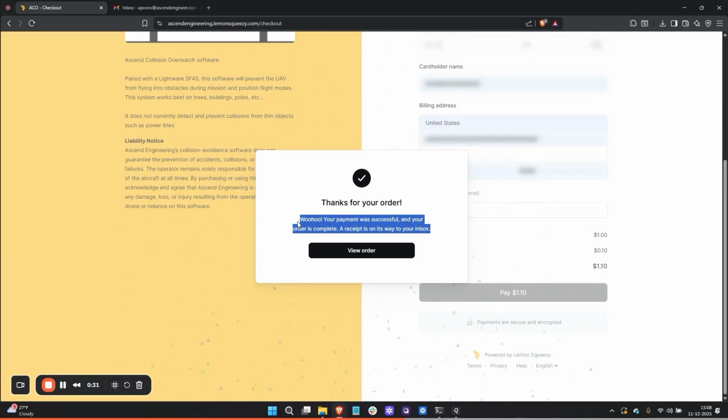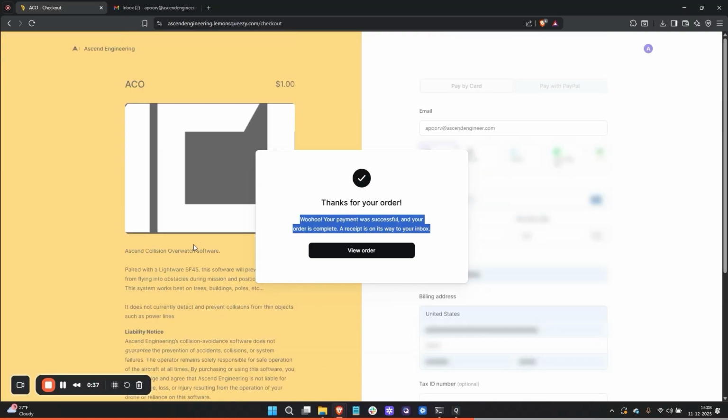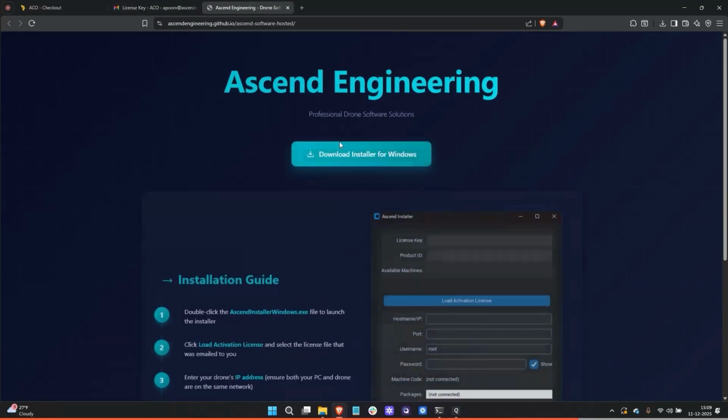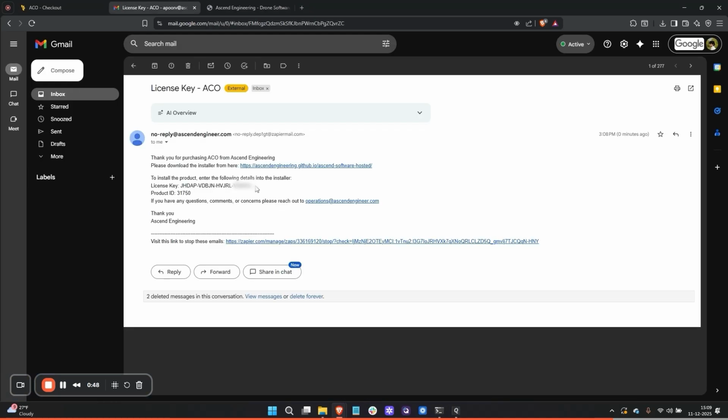Yep. And as you can see, a receipt along with some licensing details will be emailed to the entered email address. And the email with the license key should look something like this, where you have a link to the installer over here, which you can download, and the license key with the product ID itself. So once you